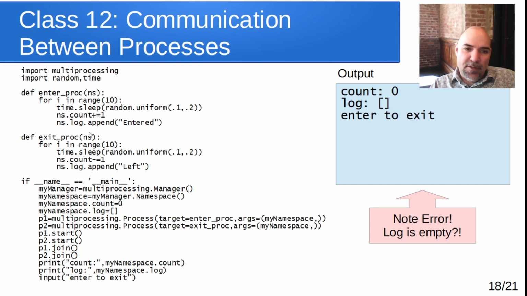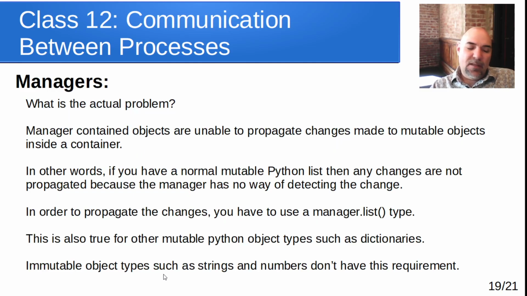And actually, if we change this to 20 instead of 10, the count would end up as 10. But the question is, why is nothing in the log? Why is the log empty? And the answer to that comes down to how Python works and why that namespace thing is not working properly. And the problem here is the manager,